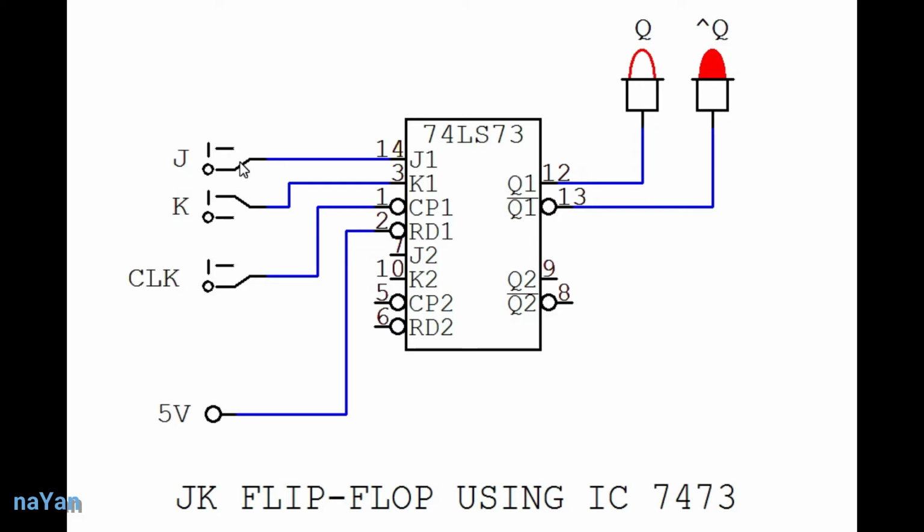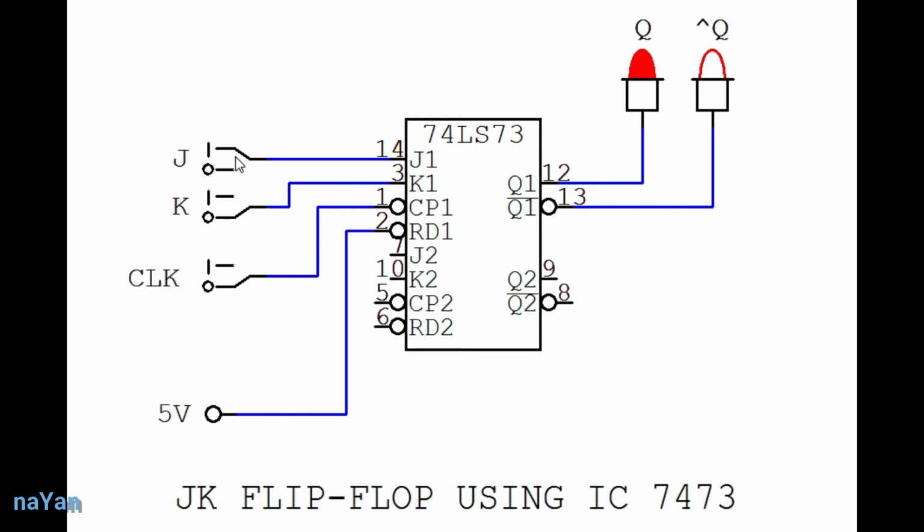Then the set condition. I change the clock to 1 because it is working on clock 0. So J 1 and K 0 set our input properly, so input is J 1 and K is 0. Now when we apply the clock, which means we make the clock 0, as this flip-flop is working on clock 0, we can see that Q is 1 and Q bar is 0.